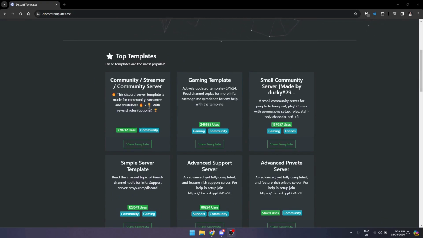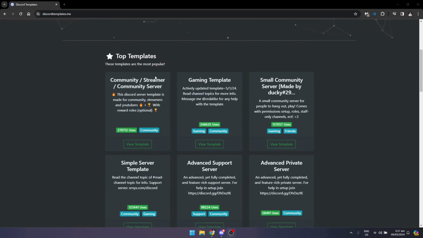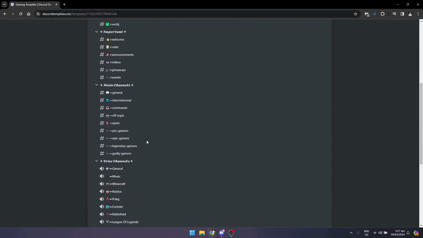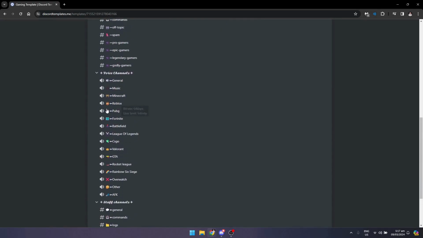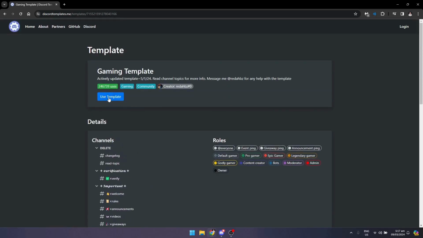view the top templates here, new templates. So let's say you want to take community, streamer or community server, or you want a gaming template. So you could go with view template right here. So you will see all of this, just like so. You'll see tons of games right here, just like so. And if you want to use it, just click on use template